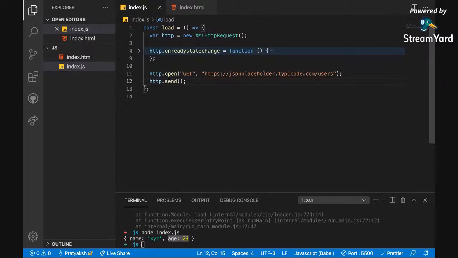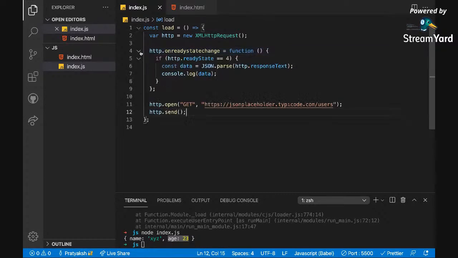Okay, so now we have created a request, and http dot send means fire this request, make the API call. Now, what is this on ready state change function? When this call is complete, when I have made the call and got the data, I need to know what happened.